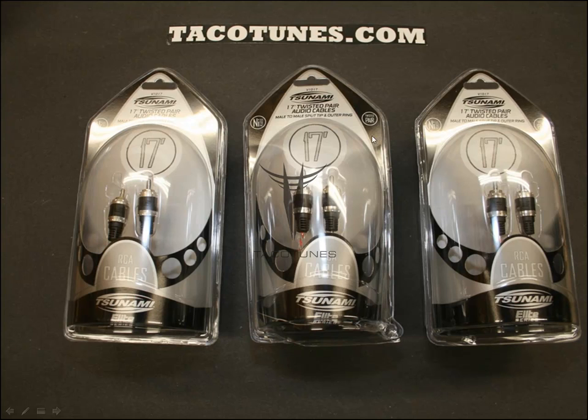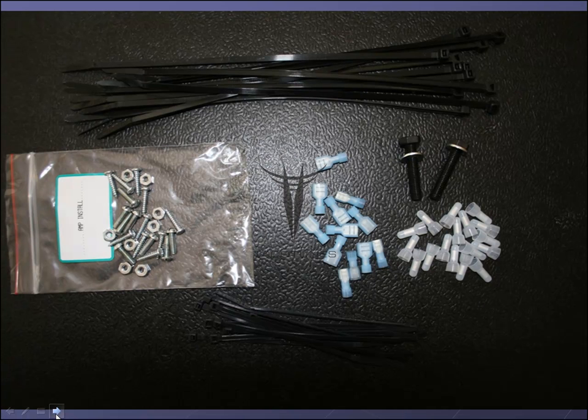You're also going to get 3 sets of Tsunami Elite Series RCA patch cables. You're either going to get 9 foot or 17 foot depending on your install. Most of the time, if you're installing under the seat, you're going to go with a 9 foot. If you're installing behind the back seats in, say, a double cab, you're going to go with the 17 foot, and you'll see that option when you're ordering. Next thing is, we're going to include speaker terminals, crimp caps, some miscellaneous bolts, zip ties,